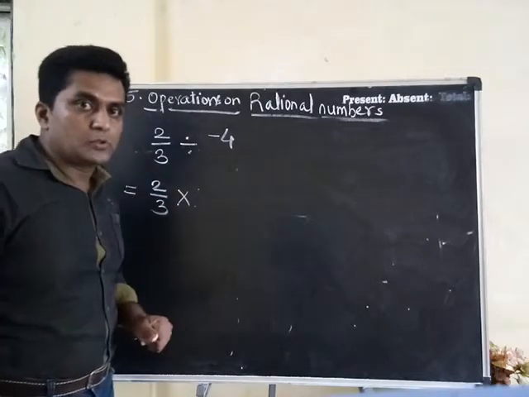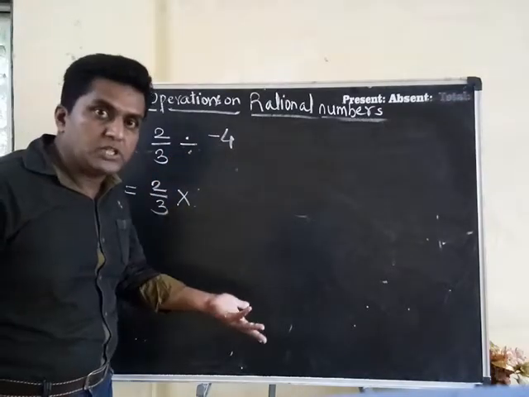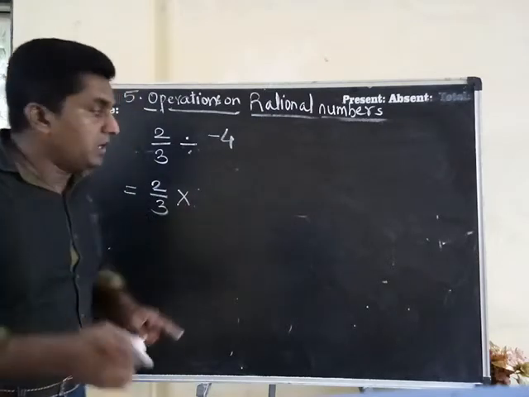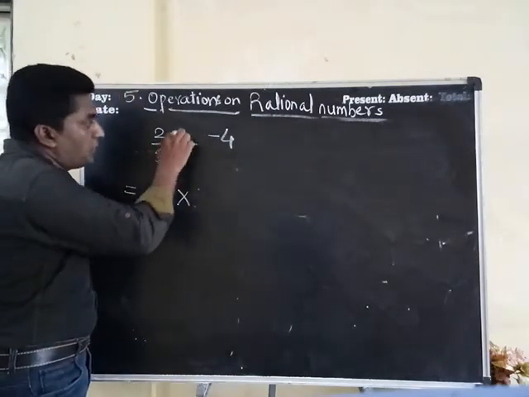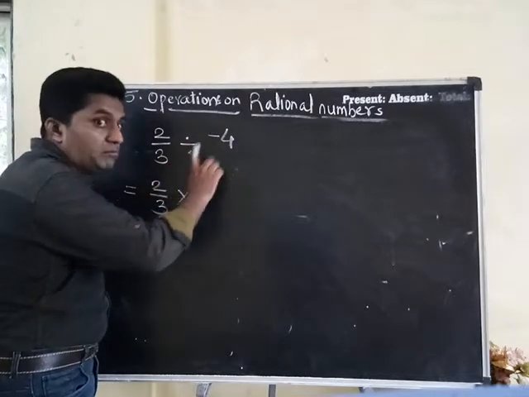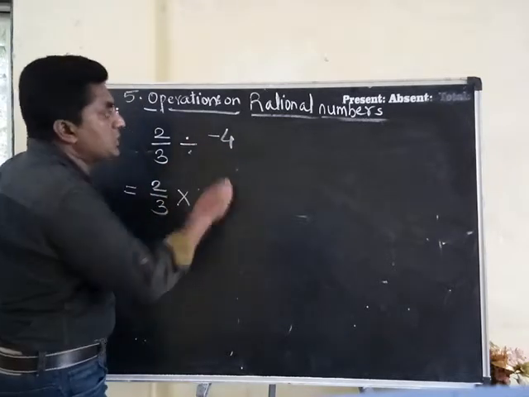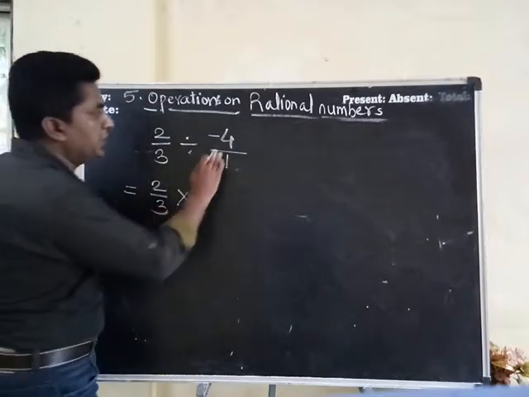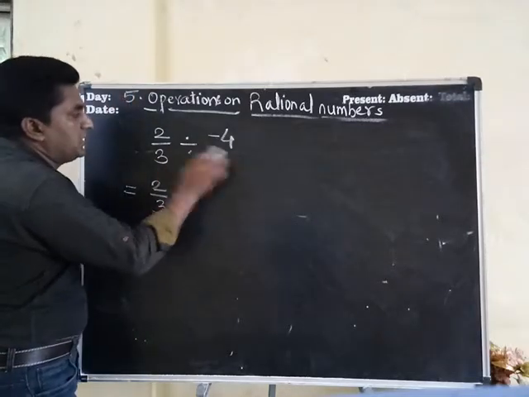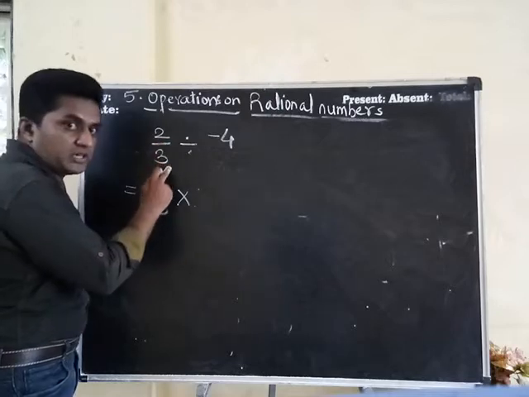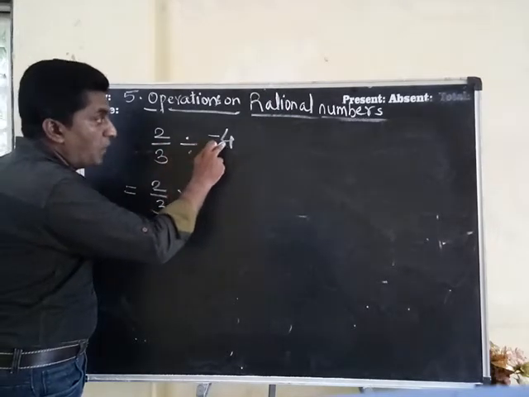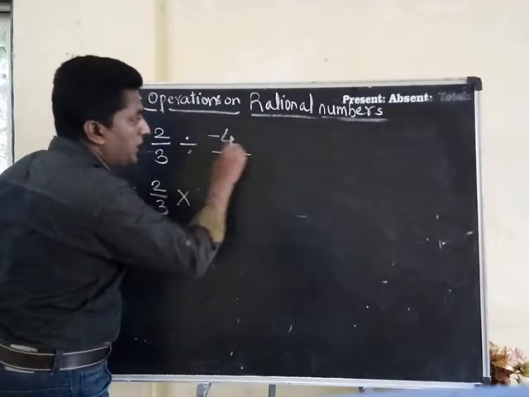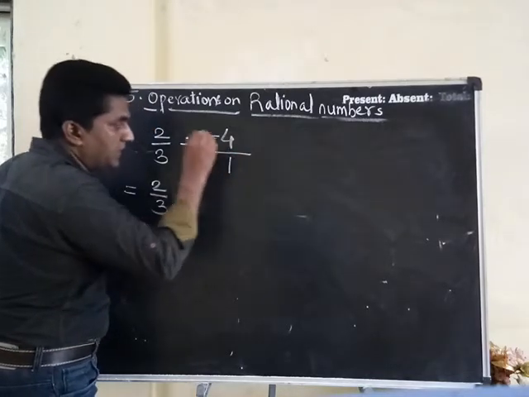Now you are all confused that only minus 4 is there. How to do the reciprocal of it? Always remember, when one number is in the form of a fraction and the other number is not in the form of a fraction, simply draw a line of upon and write 1. If it is an integer, no fraction, then simply make a line of upon and 1.